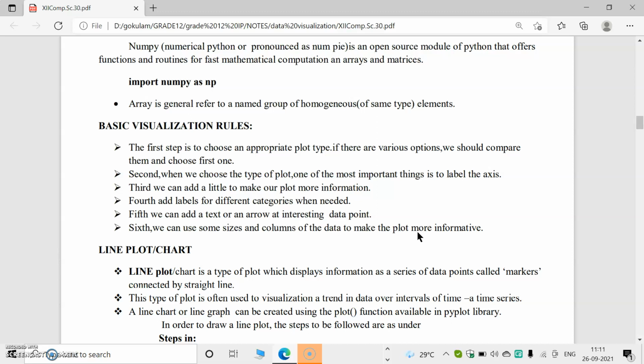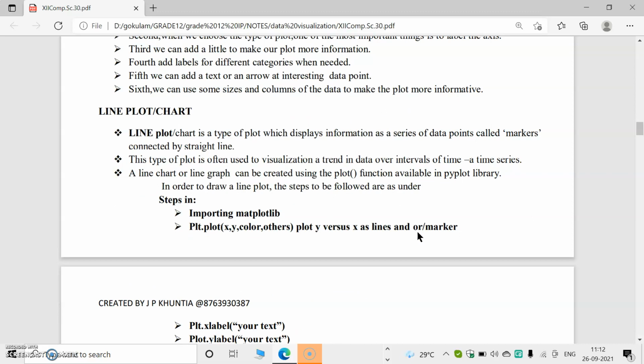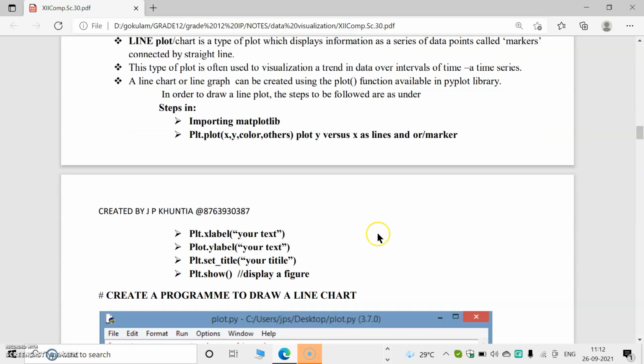We have to choose the appropriate plot type, that means line, histogram, or bar chart. Then we have to import the corresponding matplotlib, numpy, or pyplot. Some steps are common.